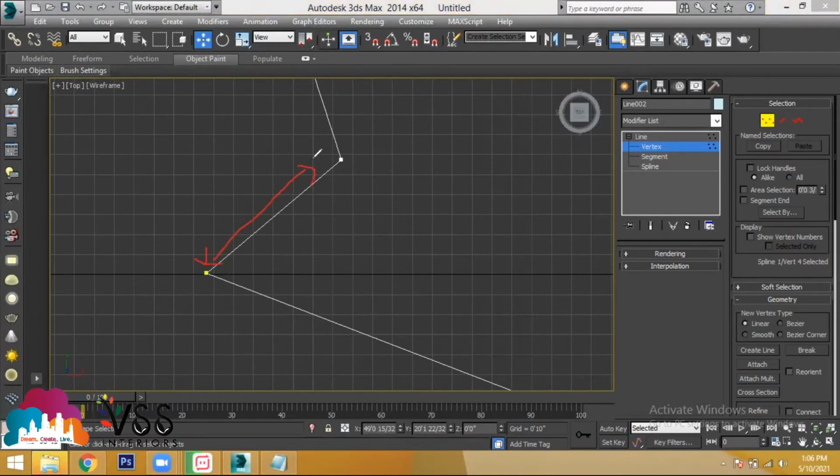Okay, I want to move this endpoint in which direction to make this line straight? Suppose this is my source and this is my destination. I want to move this endpoint in which direction? In which direction should I move so that it will be straight? X direction, minus X. Move in X to make this line straight like this.